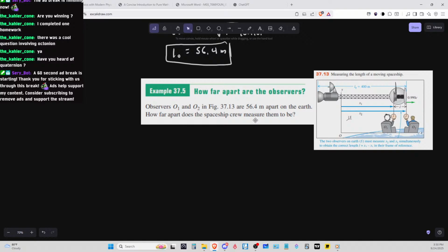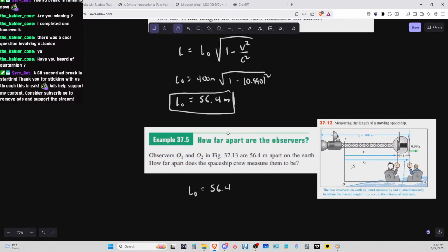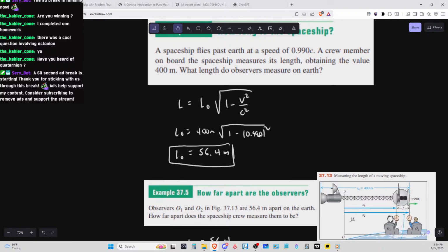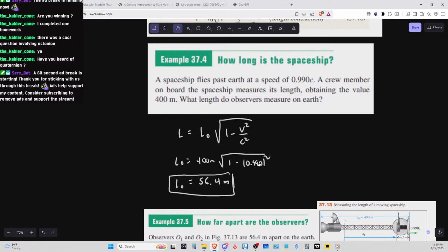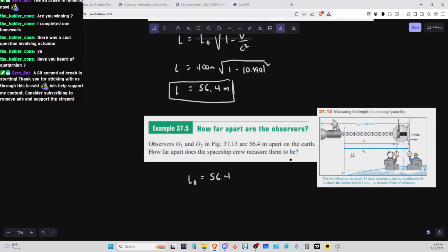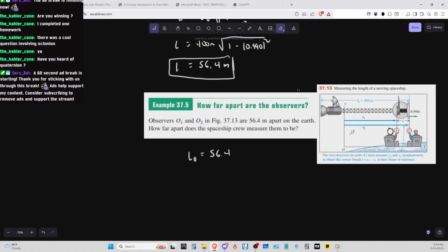So let's say that this is... Wait, hold on. Let me just see how I solve this one. Oh, I don't know why I wrote a naught there. It should be just a regular L. So let's just say that is that, and then